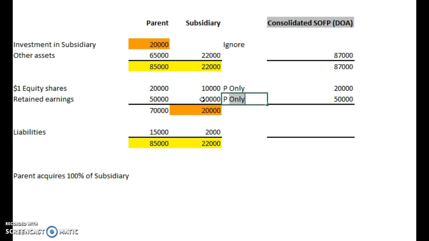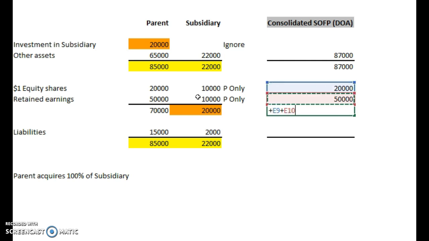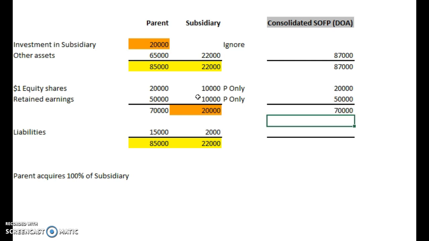Now, be careful again, this is the consolidation at the date of acquisition. If we wait a year or so, hopefully these retained earnings will have increased, and then the parent will be liable to a proportion of those retained earnings. But as it stands, it's the date of acquisition, so it's just the parent, which means the equity is 70,000,